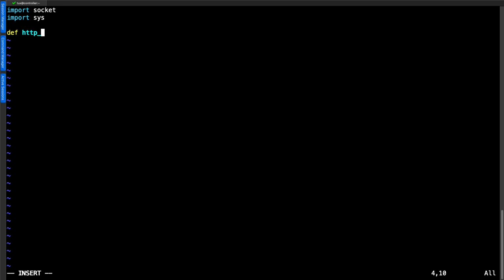We're going to call this function http_request. The name doesn't really matter, but think of a name that works for you. And we're going to take two parameters, the host that we want to connect to and the port that we want to connect to. We can indent our code, and then everything indented is going to belong to our HTTP request.